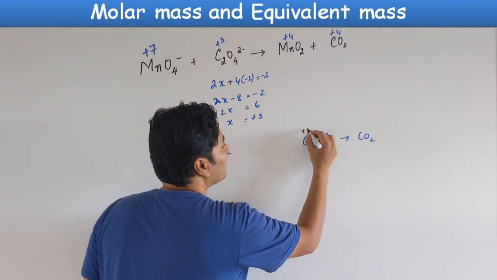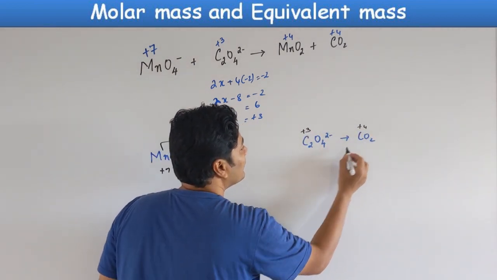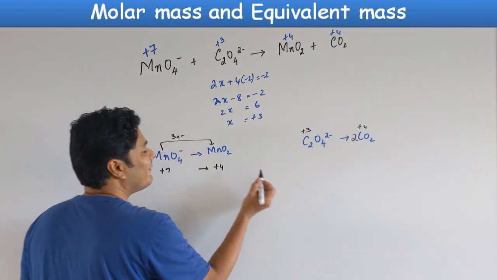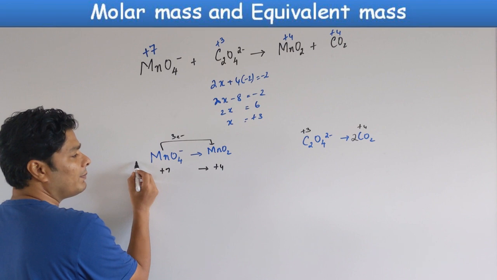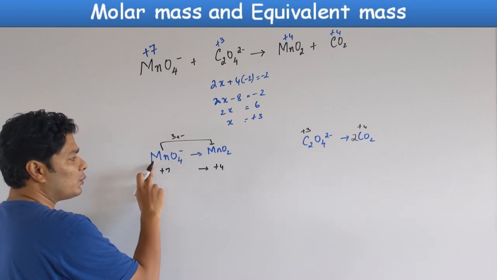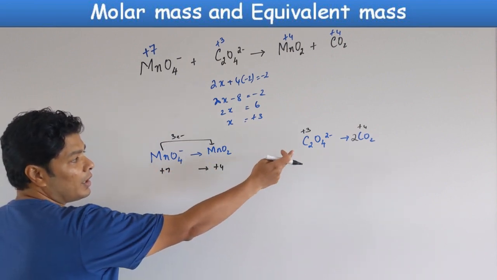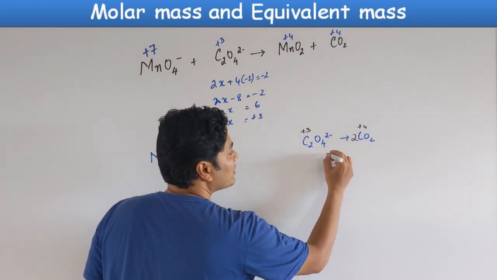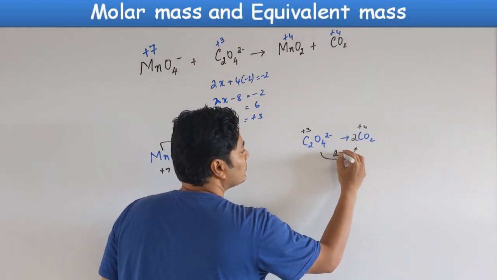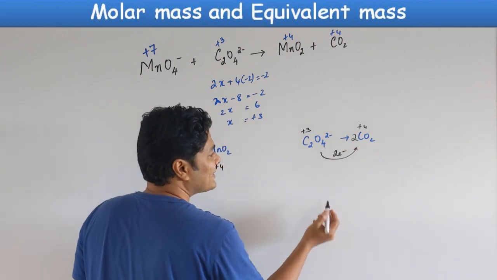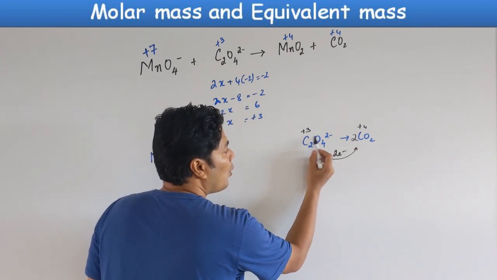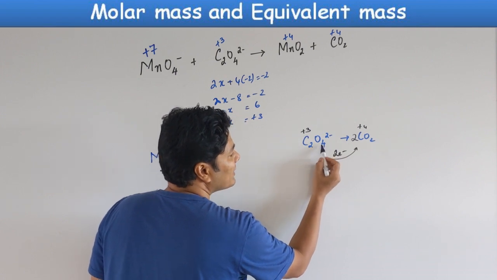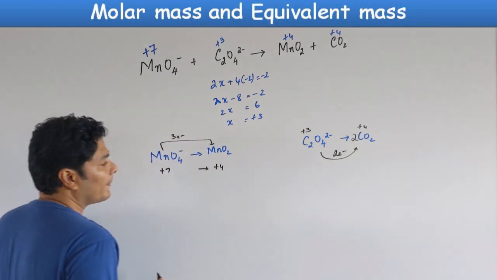Here I have gone from +3 to +4. The subscript is always important. You never care about the number in the front on the left side, but you want to look at the subscripts always. There is 1 Mn, 1 Mn, whereas there is C, 2 of them here, there is only one of them, so I put it here. So this is a 2 electron process total. Or I can say alternatively, 1 mole of C2O4 2 minus needs 2 mole electrons.